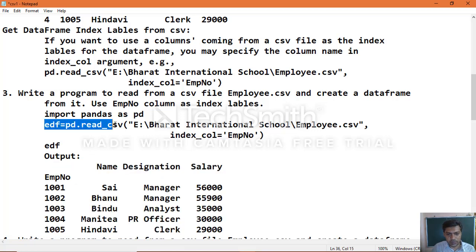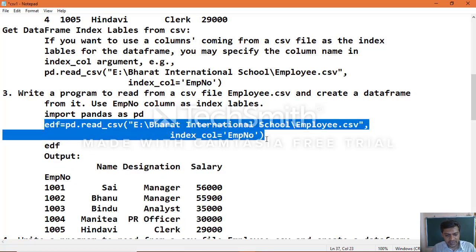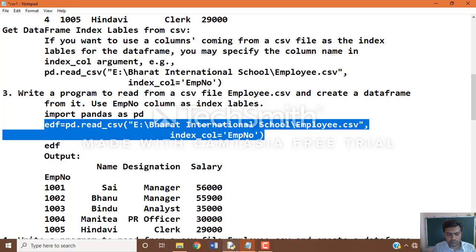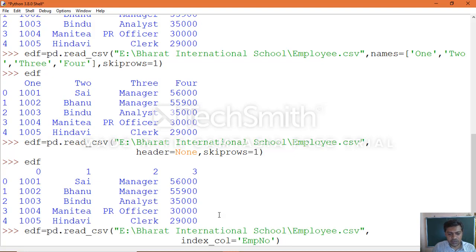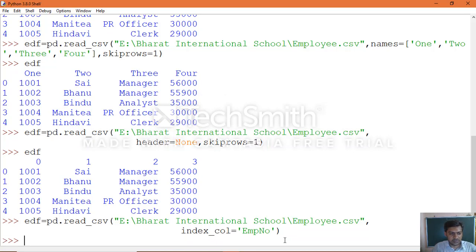So as usual, importing the module, then creating the data frame object. Okay, create the object. Now we specified it this way, execute it. Earlier it was 0 1 2 3 4, you can see the row labels, and we used the default column headings 0 1 2 3. So now just print this particular object.